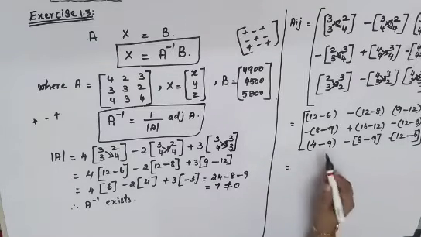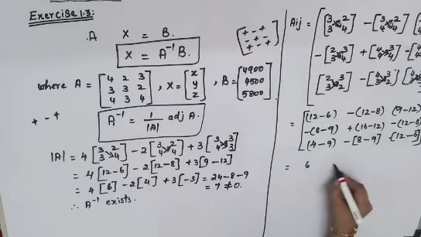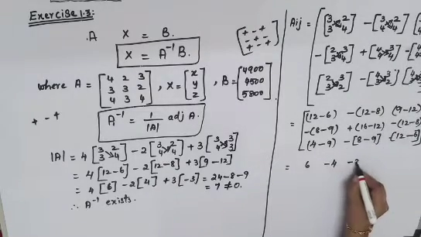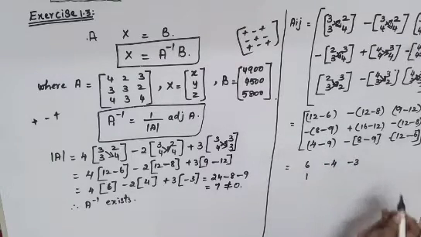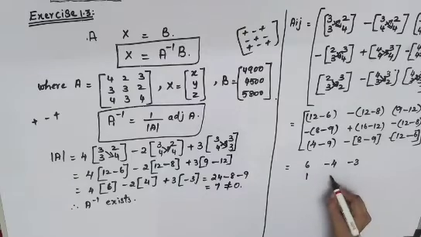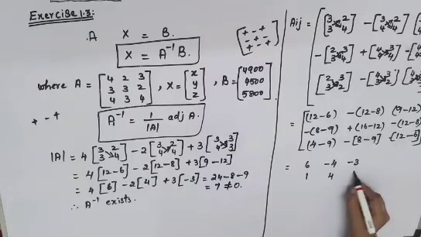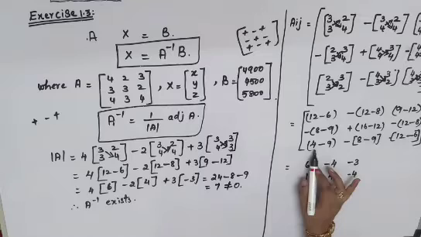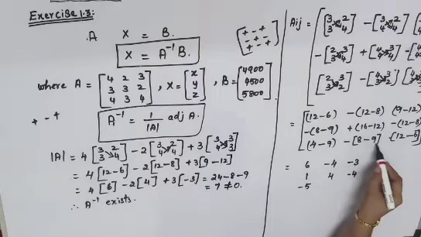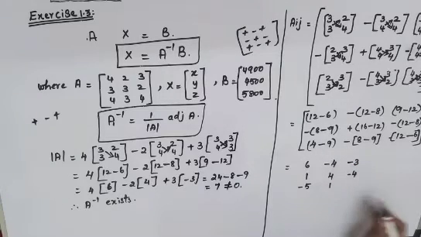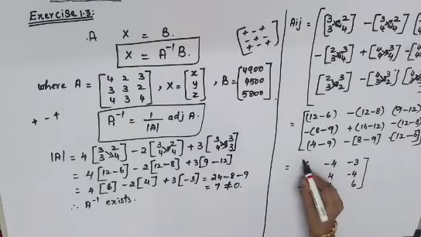So the last step of solving, 12 minus 6 is 6, minus 12 minus 8 is 4, but minus is outside, so it will become minus 4. 9 minus 12 is minus 3. 8 minus 9 is minus 1, but minus is outside, so it will become plus 1. 16 minus 12 is 4. 12 minus 8 is 4, minus is outside, so minus. 4 minus 9 is minus 5. 8 minus 9 is minus 1, but minus is outside, so it will become plus. 12 minus 6 is 6.